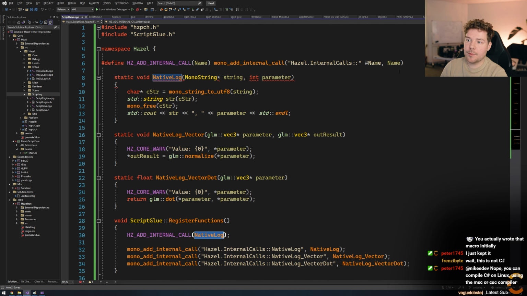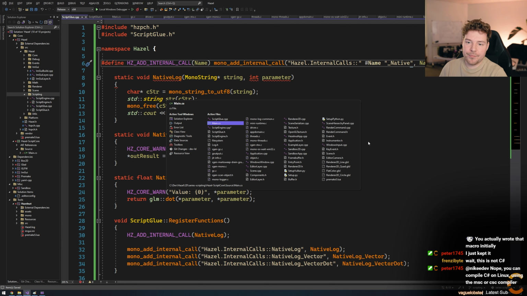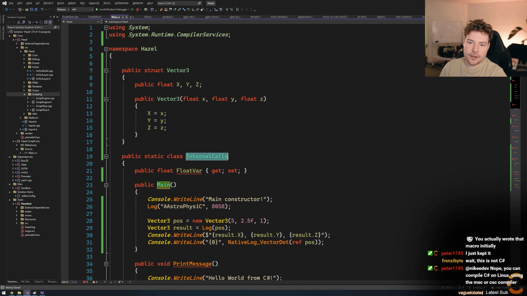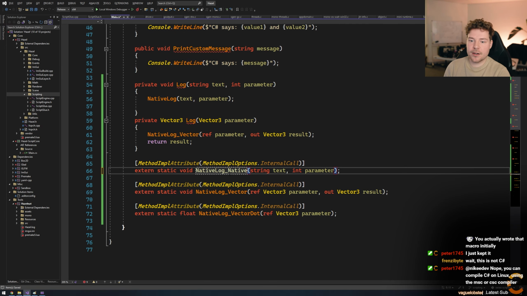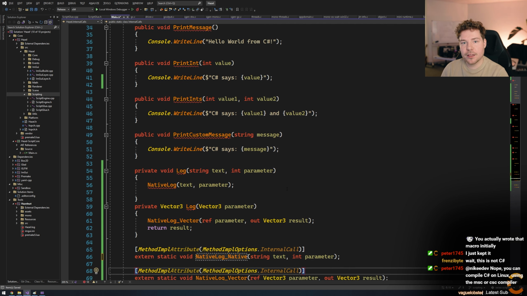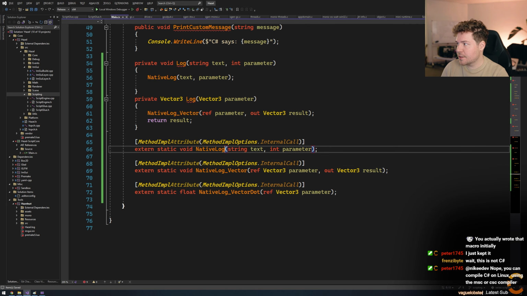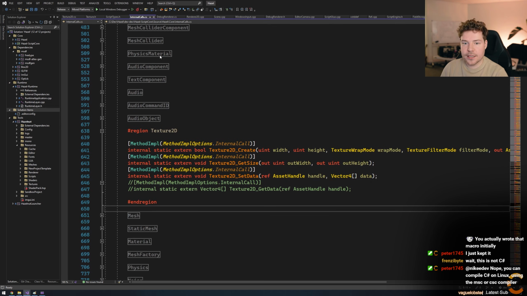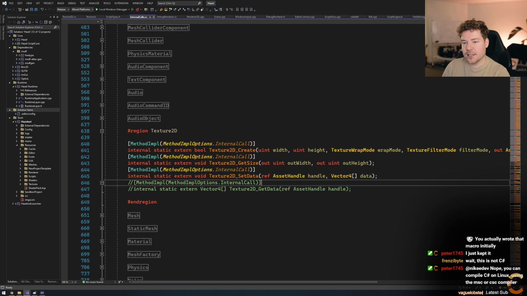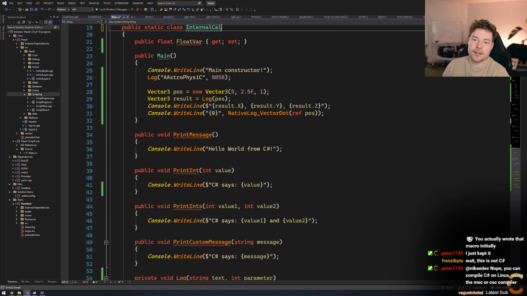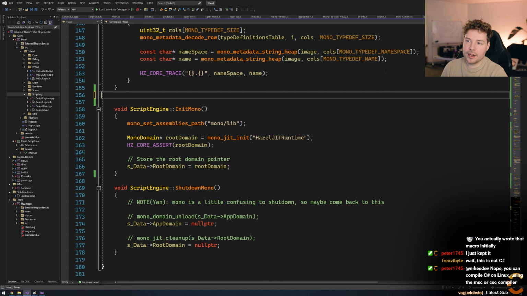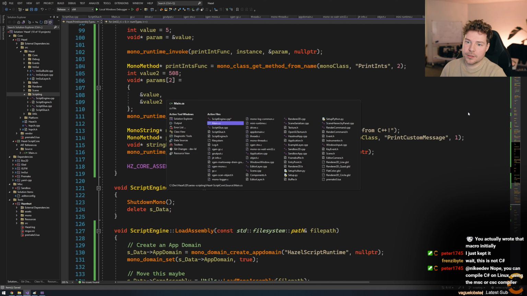That's basically it. Now we used to have an underscore native thing, which you can also do if you just do underscore native. I guess Peter removed this, but everything that was native used to have an underscore native, because these used to all be in their relative C# class. But now that they've moved into the internal calls class, these are all native functions, so it makes less sense to have an underscore native. But you could just add that into the macro if you really wanted to.